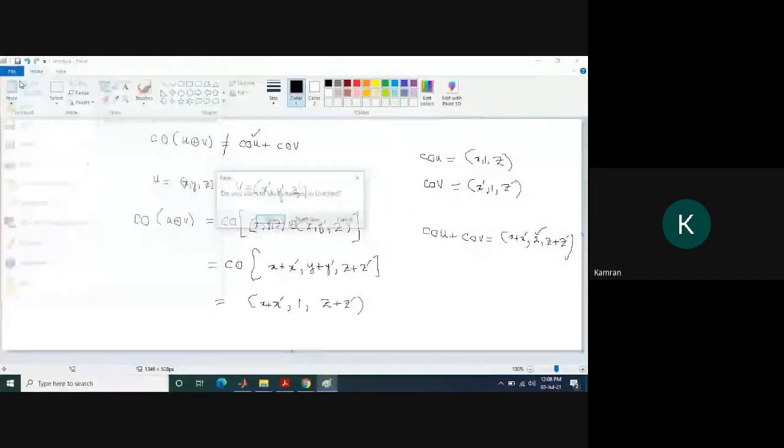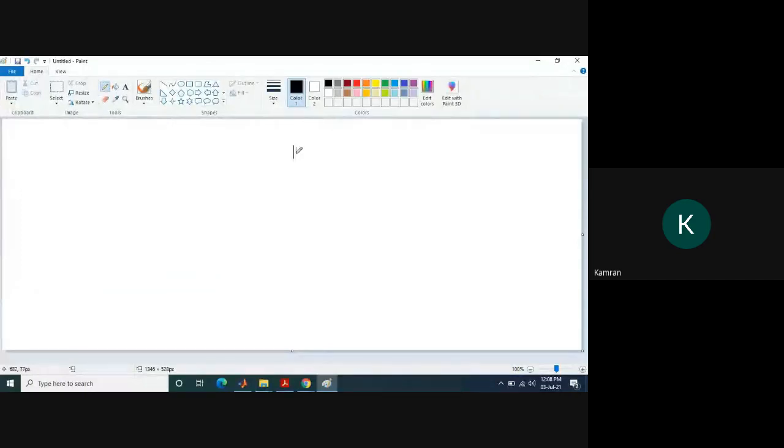In question number 15, we have R square, and these are the elements of R square. We are considering a subset of R square which contains all the elements of the form xy, such that its abscissa is less than or equal to 0. So it will satisfy all the properties with respect to addition.